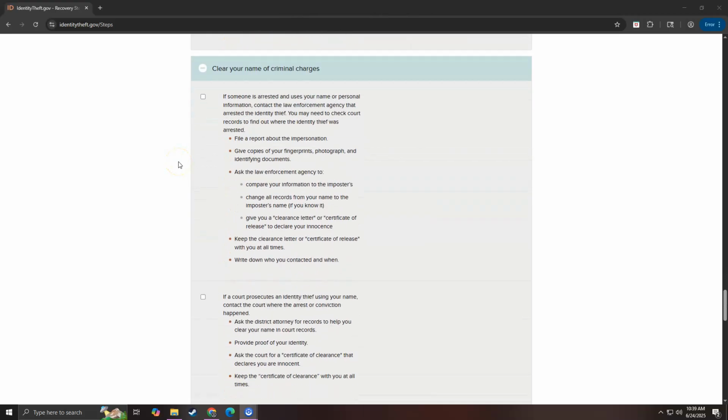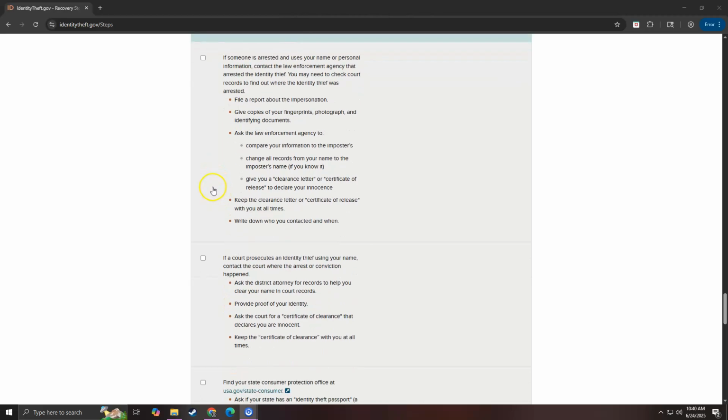And then if someone is arrested using your name or personal information, you can contact the law enforcement agency that arrested the identity thief, and then you can file a report about the impersonation. You're going to have to give copies of your fingerprints, photograph, and identifying documents. You're going to have to ask the law enforcement agency to compare your information to the imposter's, change all the records from your name to the imposter's name, and give you a clearance letter or a certificate of release